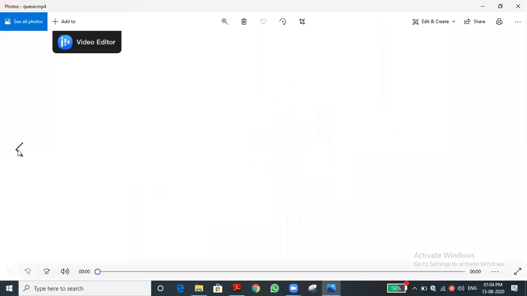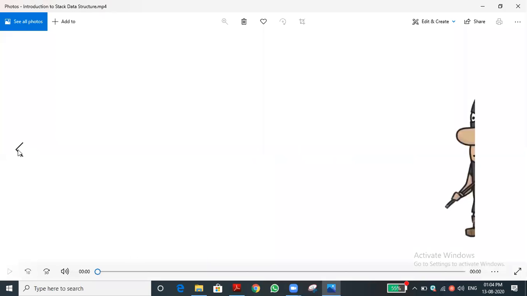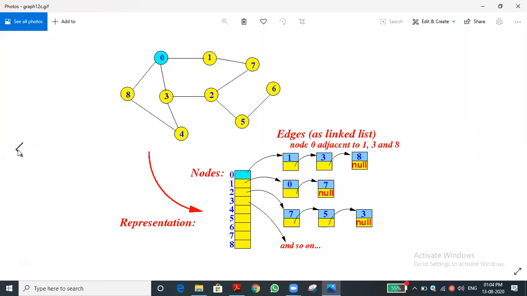Yes, sir. But in the graph, it is not like that. I will show the graph diagram also. You can see it is a closed structure, for example 0, 8, 4, 3, 0. It is a closed loop. Again, 0, 3, 2, 7, 1, 0 is a closed one.